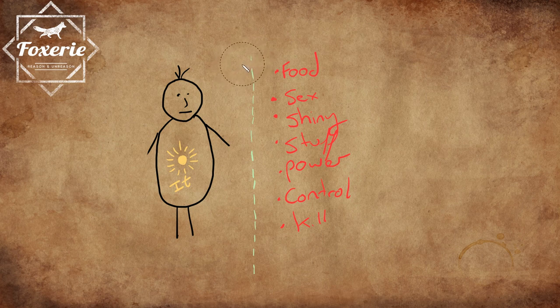Okay, so the it wants all this stuff. And what's in the way? This sort of, I don't know what you call this, conceptual wall, let's call it. There's a conceptual wall here. There's rules, there's laws, there's lack of opportunity in some cases. This is, just call it rules. When your parent says no, the it wants it, but the rules say no. And this starts to form what we'll call the ego.